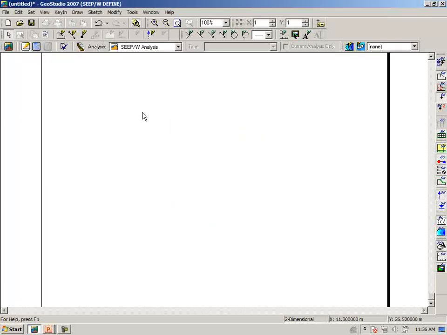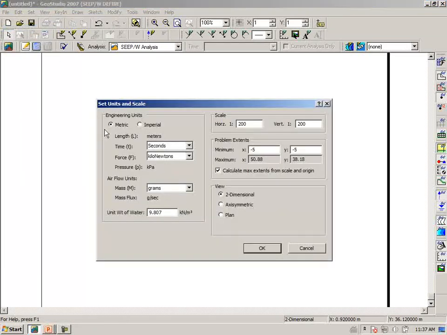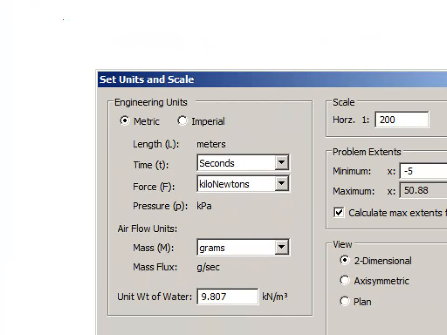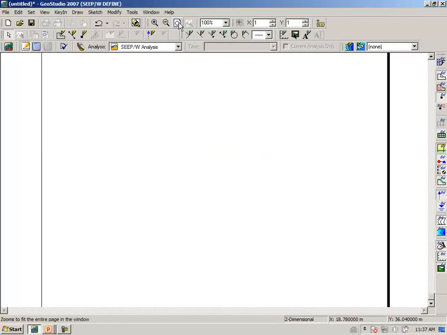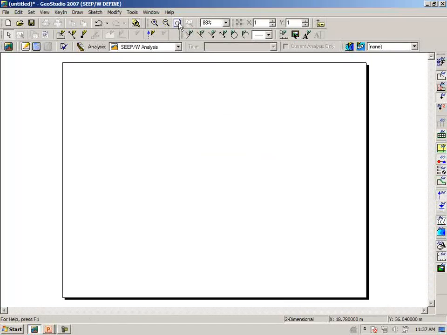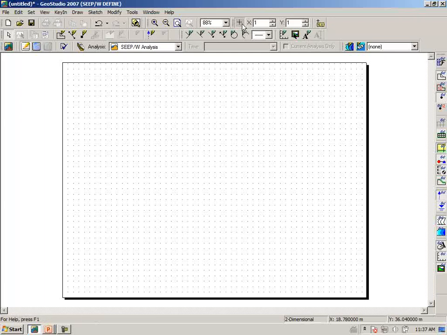Also, it is important at this stage to set units and scale, and the drawing is in metric dimensions, so we are going to select metric ahead of time. This is important. We do this before we import the bitmap. Clicking on the zoom page icon, snapping on the grid, we have a 1 meter by 1 meter grid spacing here, and at this stage we can say sketch,